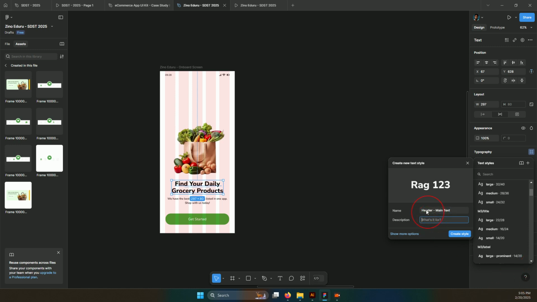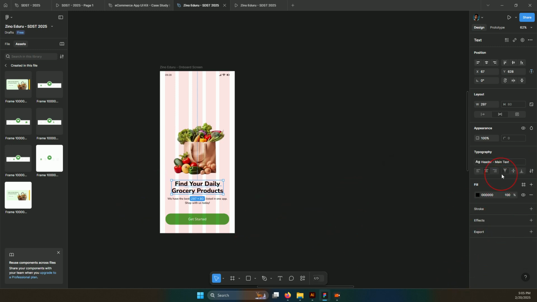You say it's for major text on screen. Okay. Show more options. It gives you options like what is the size and what is the function, like everything about the text. So we know that the text will be 36, and then we know that it's extra bold, and then we know that it is 40. Press create style. Create style. So basically,